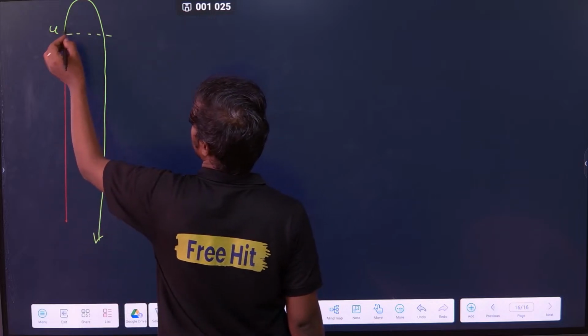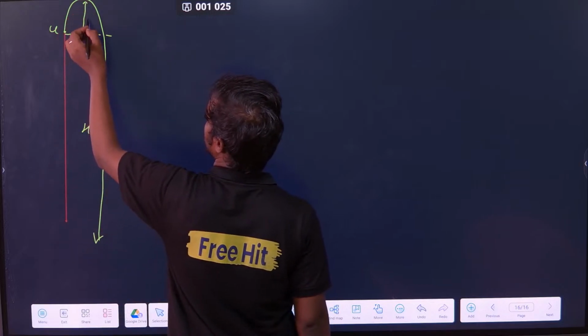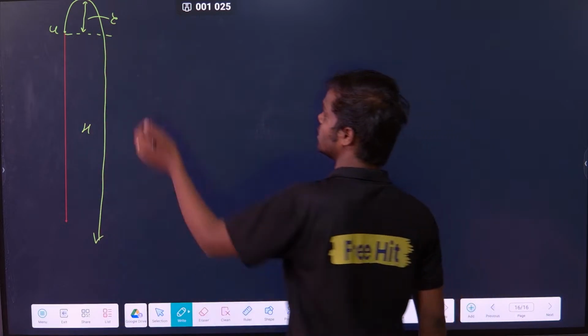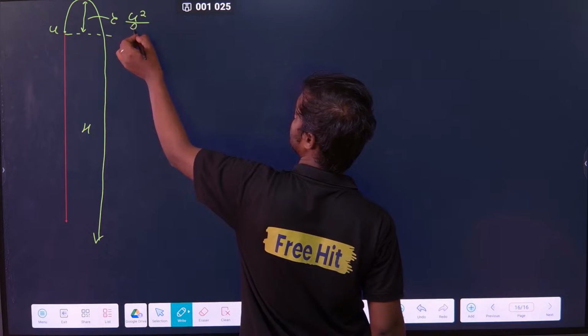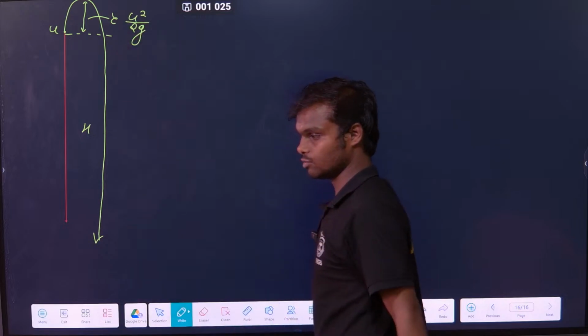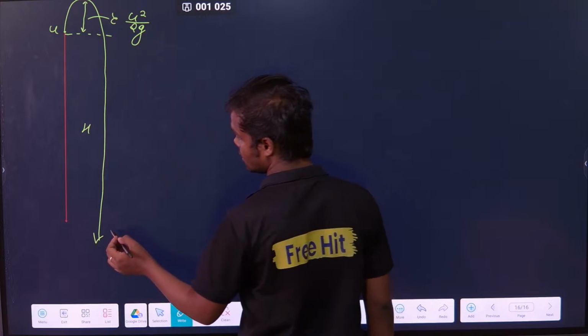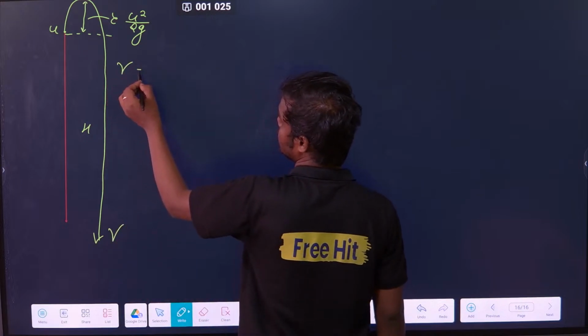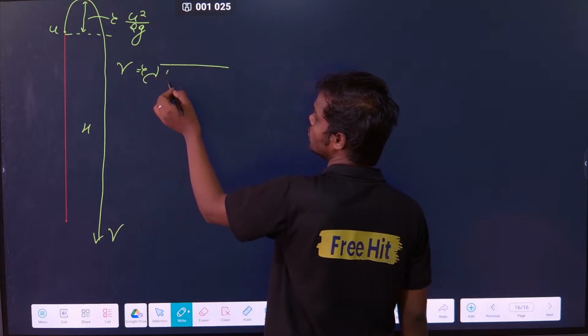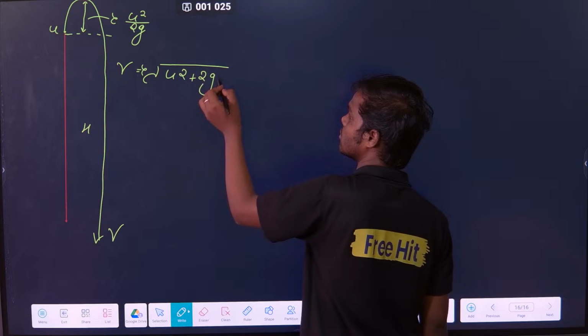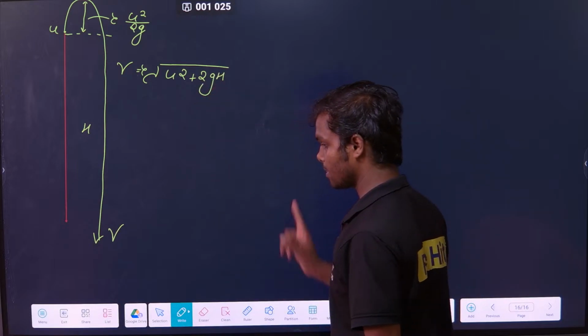Now as you can see, it reached some height. My first question is, what is that height? If you calculate it, you will get this value as u square by 2g. That height is u square by 2g, correct? Second question is, what is that v? The v will be equal to the square root of u square plus 2gh, correct? Third question,